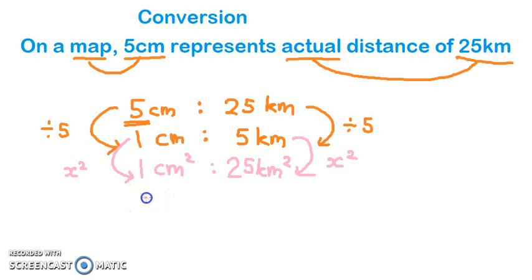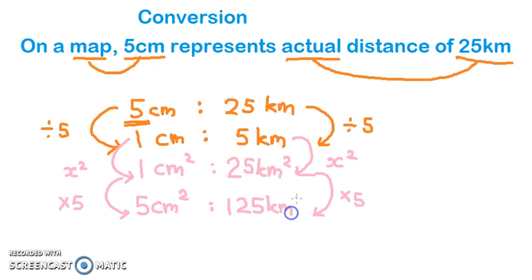So let's find out 5 cm square. How does 1 cm square become 5 cm square? You times 5 on the left hand side, right hand side, so I times 5. I press on the calculator, I'll get my answer, 125 kilometer square. Alright,